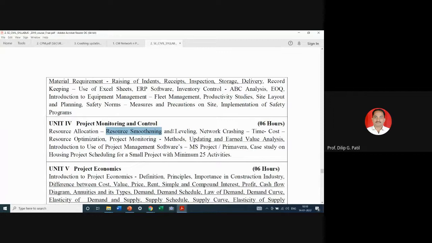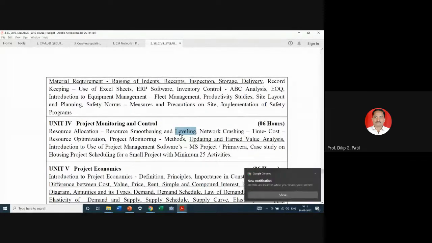But in some cases, it will happen that you have only 70 laborers available at maximum. In that case, you need to extend the duration of that particular activity so that with 70 laborers also you will be able to complete the project. As per our planning, we had considered a 100 laborer requirement, but now we can see that only 70 laborers are available. So accordingly,